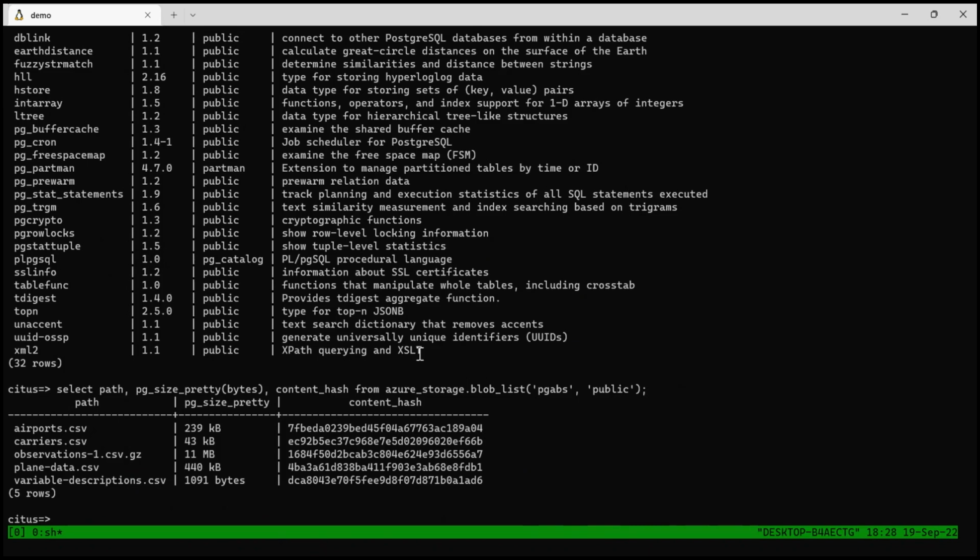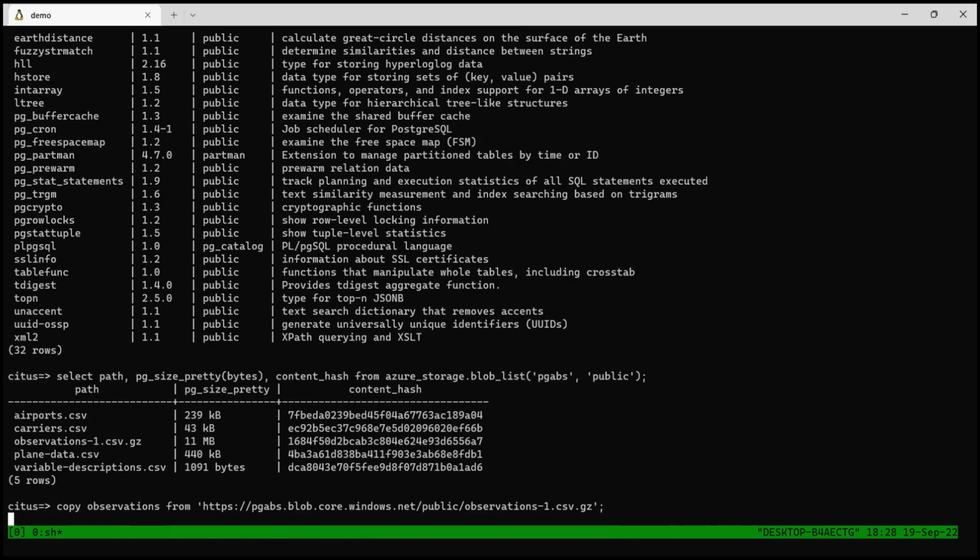So let's pull that in using the copy command. You can't do this on normal PostgreSQL without the Azure Storage extension. You can install the extension and do it, but with our extension, the database recognizes blob storage URLs and is able to do API SDK calls to obtain the data and directly pull it into your database. So the moment we execute this command,